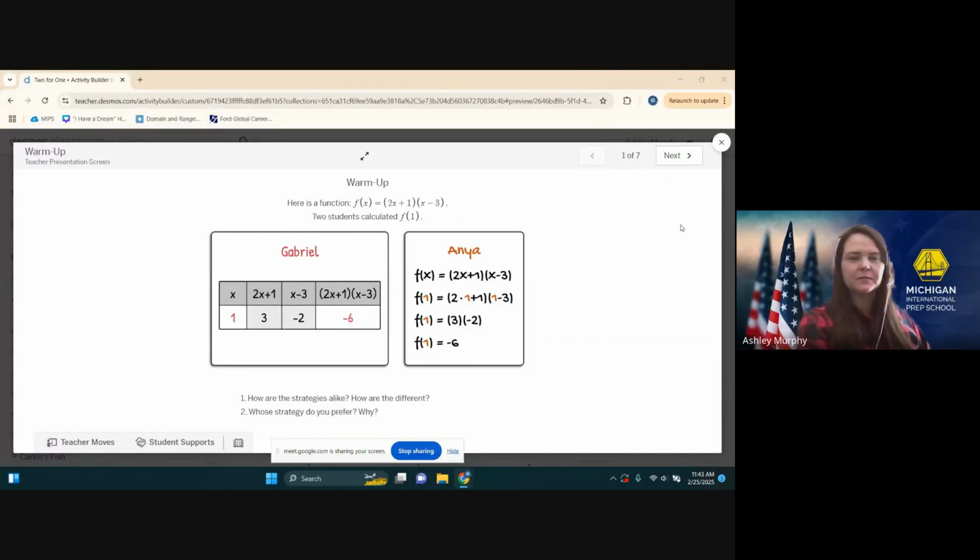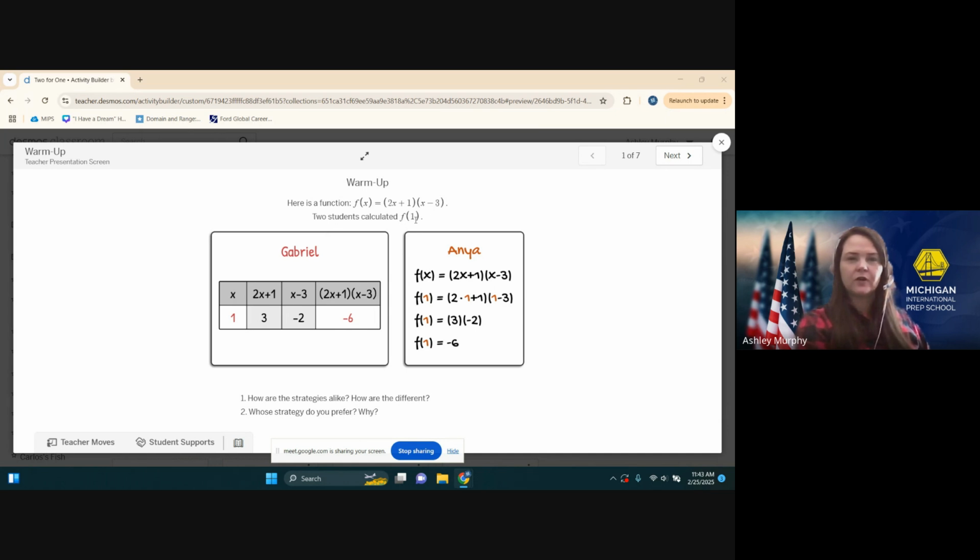Hi students, it's Miss Murphy, and today we are going to complete the 2-for-1 activity in Desmos in regards to quadratics. So we have a function here, 2x plus 1 times x minus 3, and we are to calculate, this